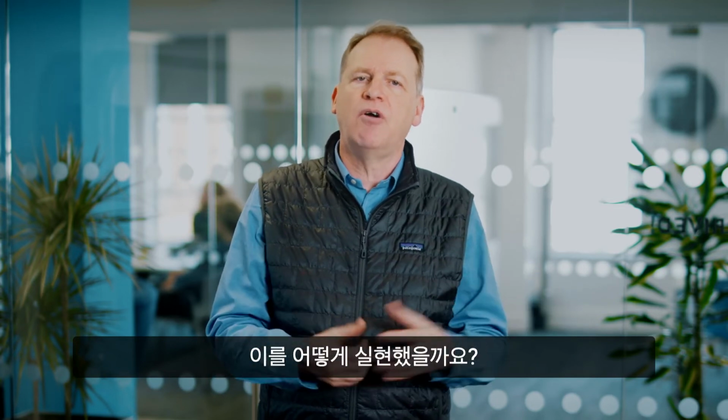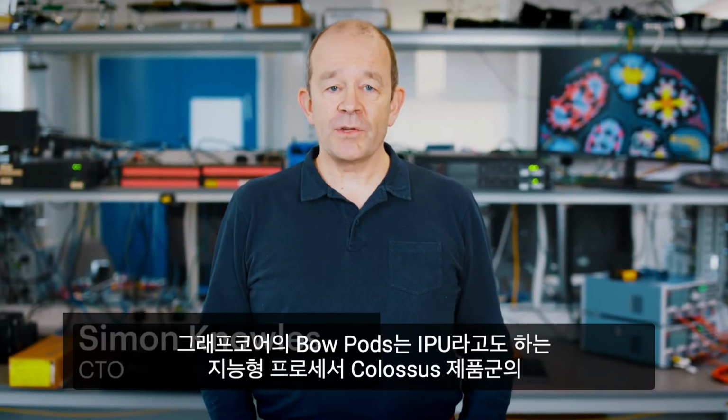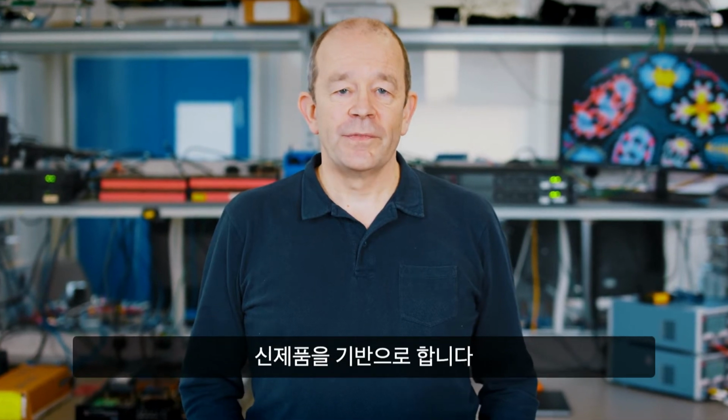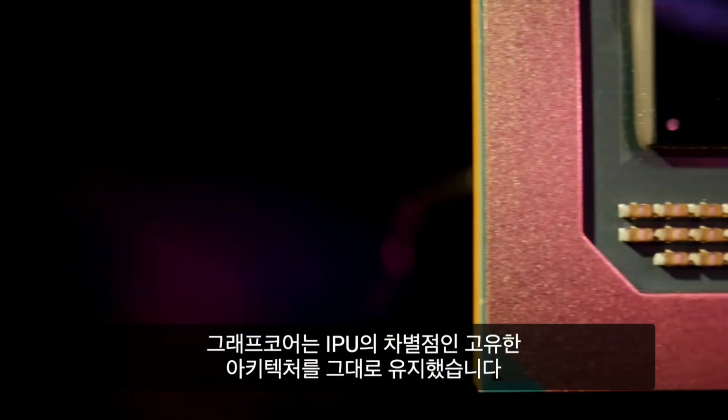How have we achieved this? Here's GRAPHCORE's co-founder and CTO, Simon Knowles. Our Bow pods are powered by a new member of our Colossus family of intelligence processors, or IPUs. We've retained the unique architecture that makes the IPU special. This chip has